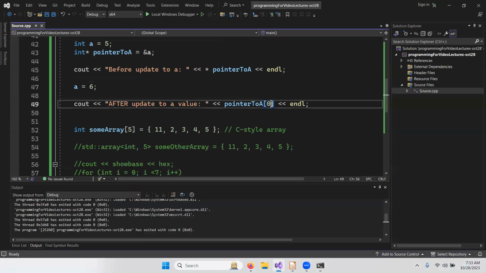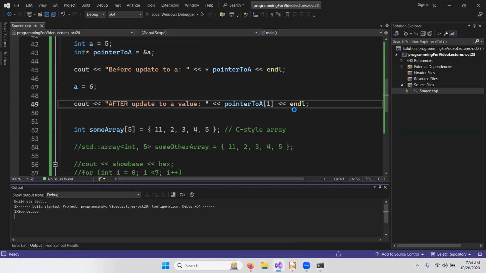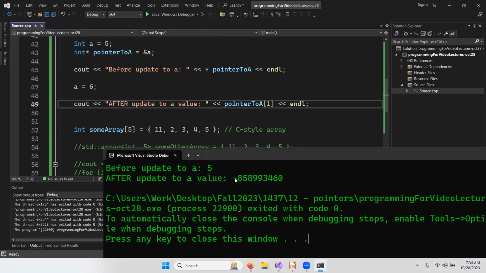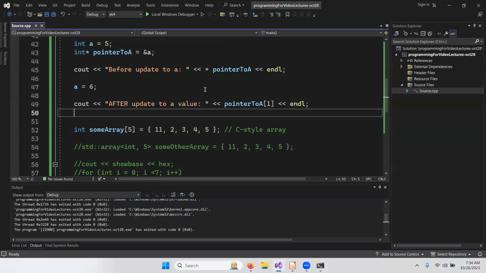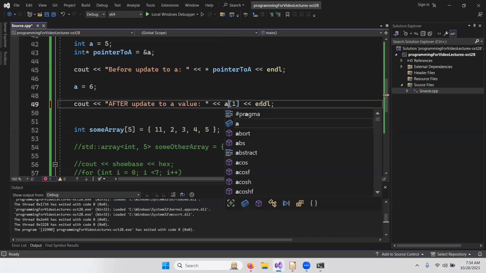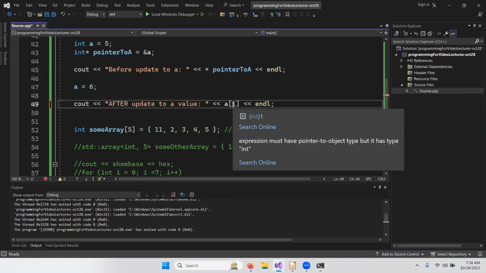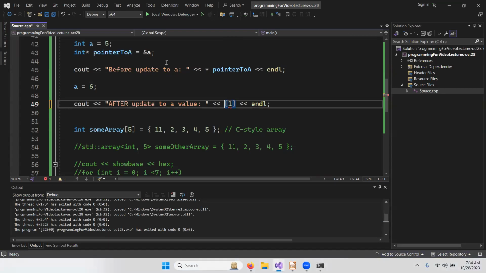What happens if we put in a 1 here? Natural question to wonder. We see a garbage value, but that's pretty unexpected. This operator won't work on a, I don't believe it works. Yeah, it doesn't work on this type,